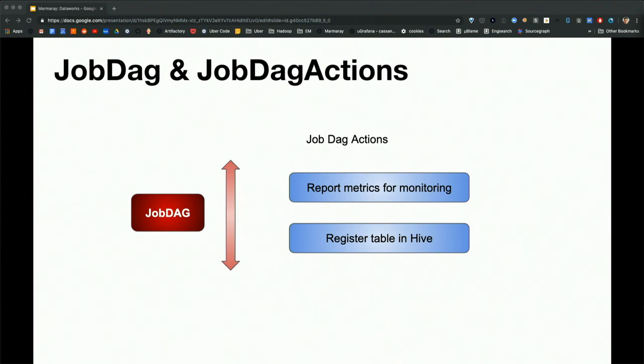So for example, if the job succeeds, you can report metrics for monitoring. So you can report how much data was ingested, how long it took, et cetera. If it fails, then you can report error data, or you can just report any information in general. Also, after the job succeeds, we register that table in Hive. So in the Hive metastore, we will register that partition. Everything is date partitioned in our data lake. So the first time that you create that partition and you ingest data, it will register in the Hive metastore, and then it'll be visible for analytics.